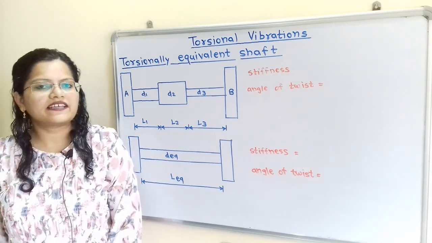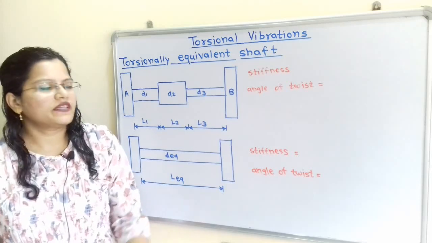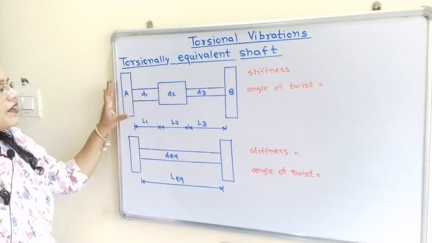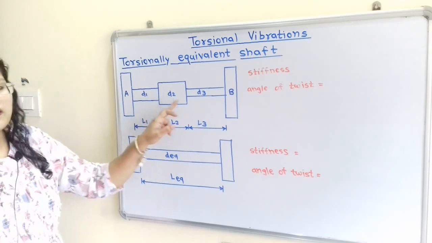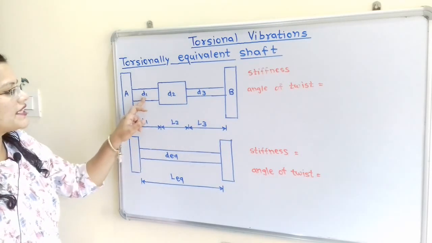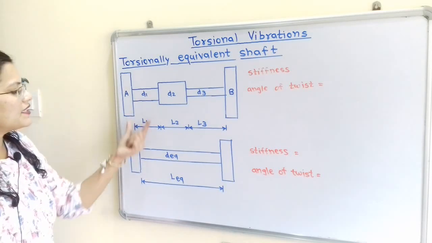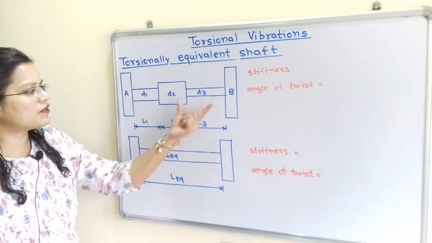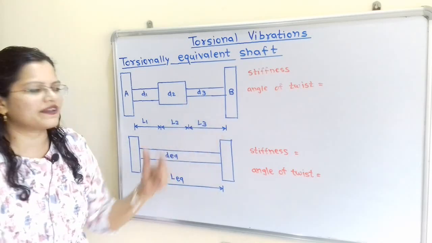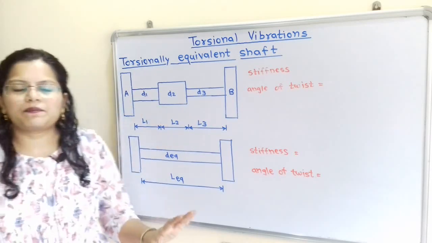We will move to the next point, torsionally equivalent shaft. Now if we observe this diagram, for this two rotor system, the shaft has different diameters. So these diameters are D1, D2, D3, with different lengths. Shaft with D1 has length L1, shaft with D2 has length L2, and shaft with D3 has length L3. Now when this shaft is replaced by